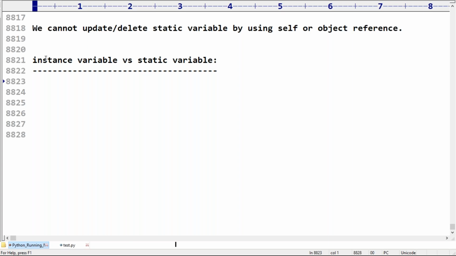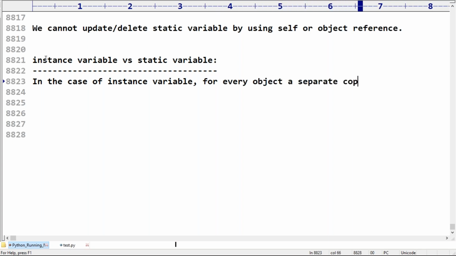But what is the main difference between instance variable and static variable? In the case of an instance variable, a separate copy will be created for every object.